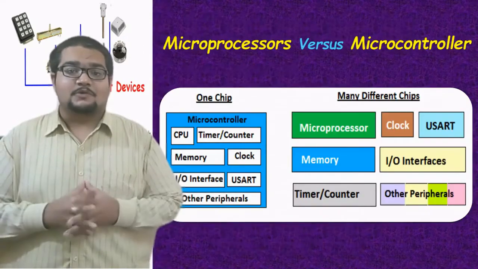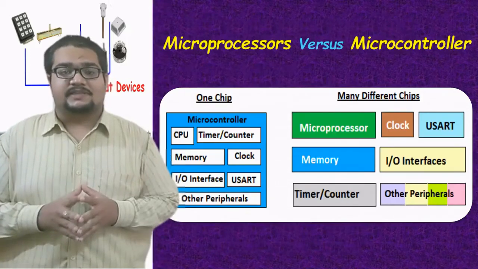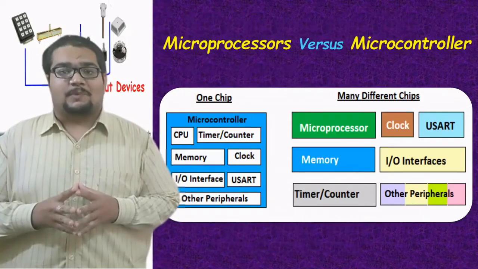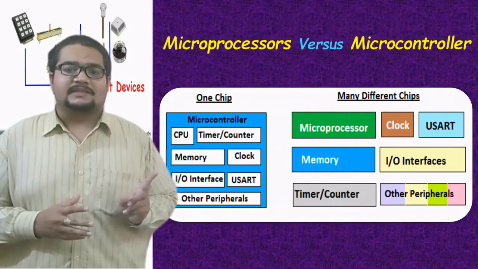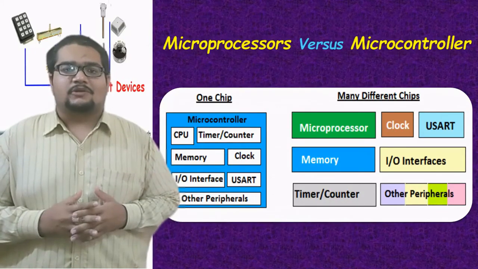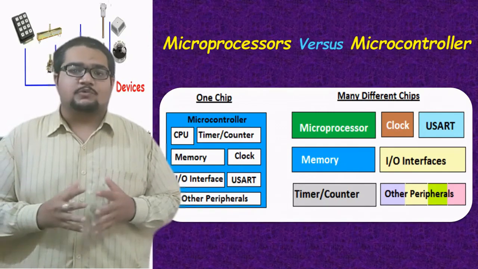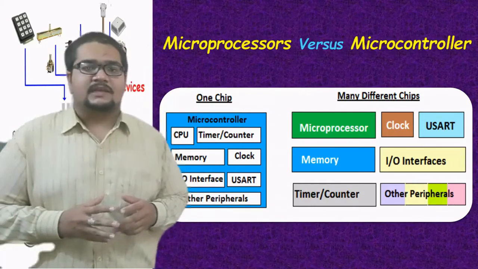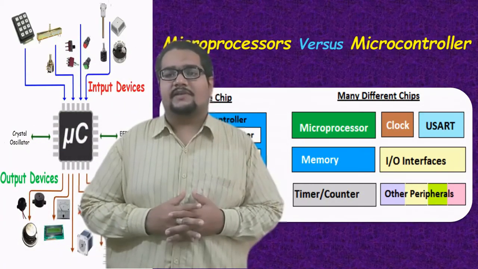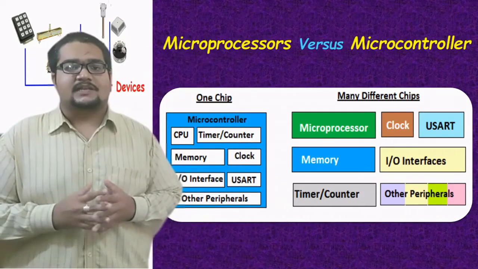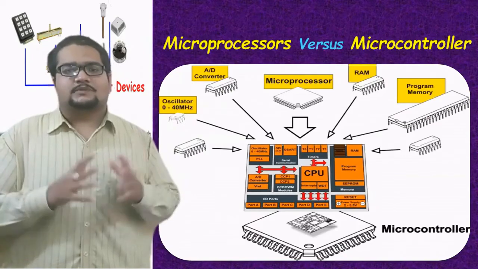So always the question is microprocessor versus microcontroller. What is better? What is the difference between them? And what is used for what purposes? You can see that when everything is on a single chip like this, we call it a microcontroller, where you do not need much interfacing of external peripherals to make it work as a system. Whereas in the earlier case of the microprocessor, we have seen that all the different peripherals have to be interfaced externally to make it work as a system. Again, this particular image will show you what is what here.